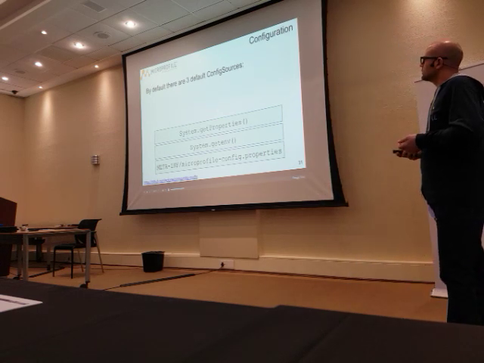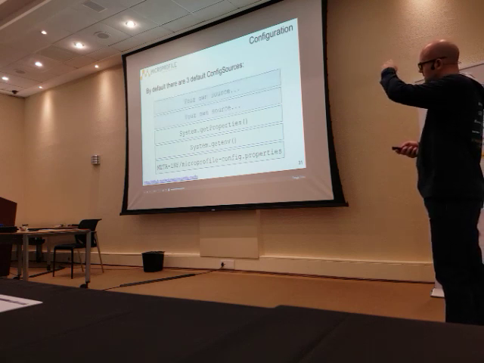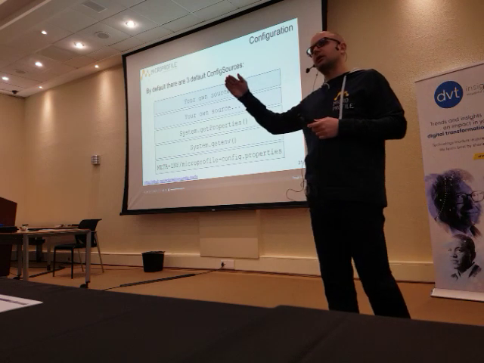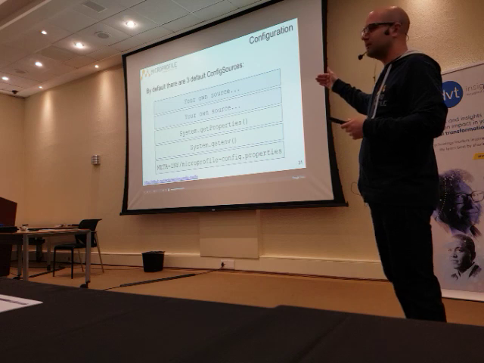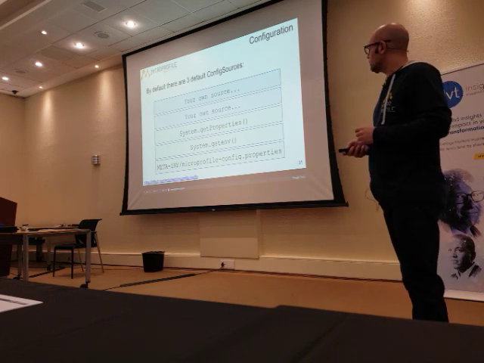You can, of course, also write your own, and you can decide where it slots in. There's a fallback mechanism, so it will first try to find the property in your source, and then maybe see if it's in the properties file, and eventually boils down to the default value in your code.